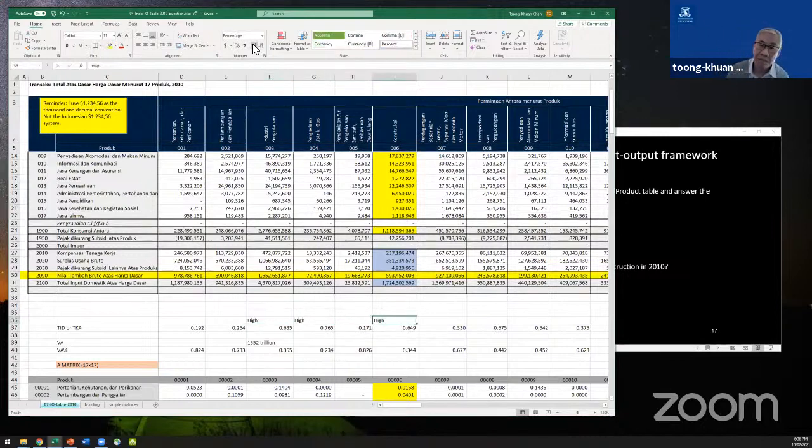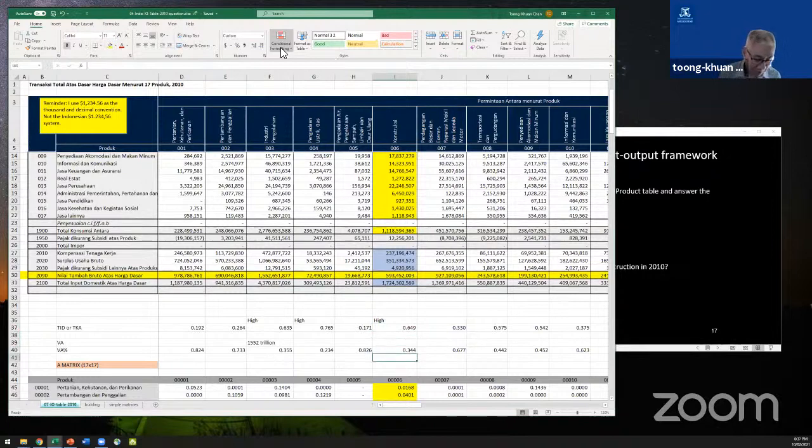So these are the sectors that will need to purchase a lot of intermediate products from other sectors of the industry. Most of what construction needs is produced in other sectors, and that is one of the main reasons we keep talking about how investments in construction will stimulate the economy, because over here, if you look at this